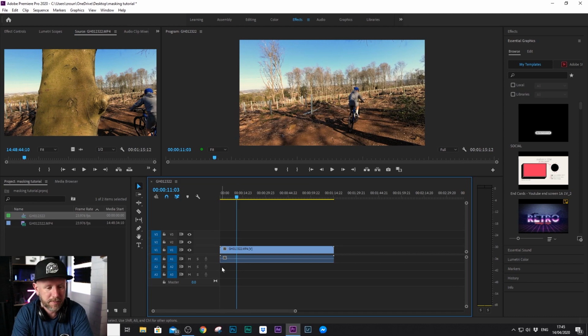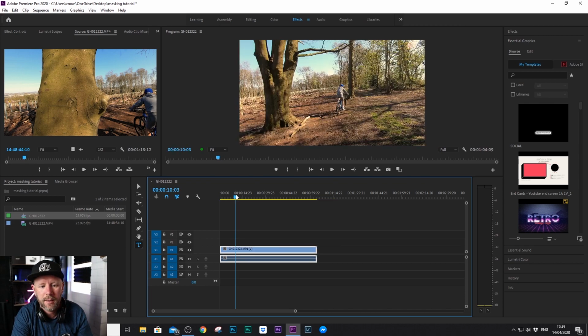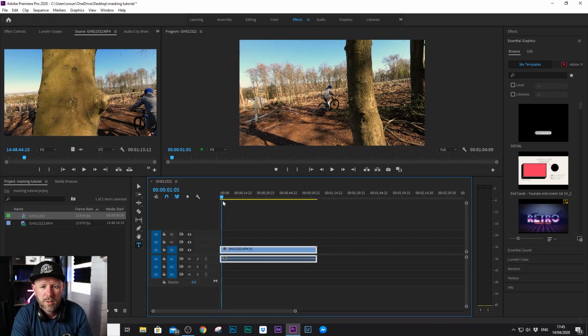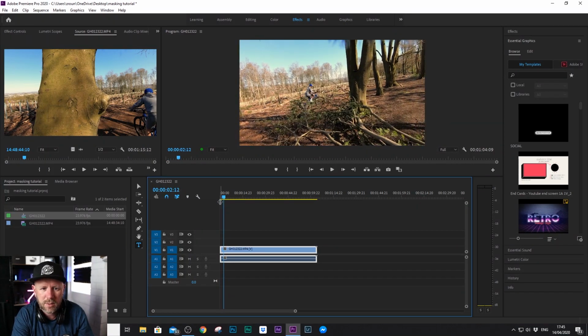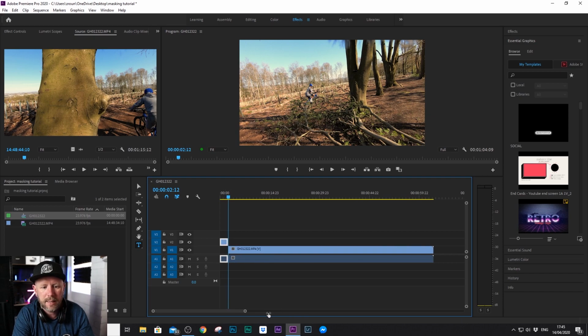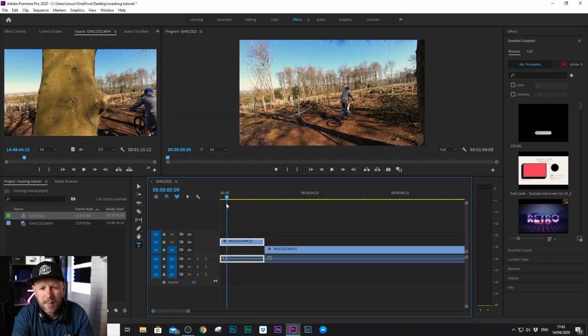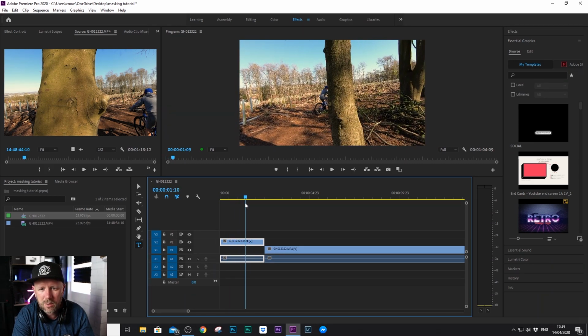So we're going to get to this point. We're just going to cut that bit out altogether. Bring it back. So this is a clip here, Jake going past the tree, and I'm going to transition into a different clip, just like that. So once the tree's disappeared out of the clip, I'm going to cut that bit and bring it up like so. Let's make this just a little bit bigger so you can see what is going on. So that is the clip going past the tree, and I'm going to mask into a new clip as the